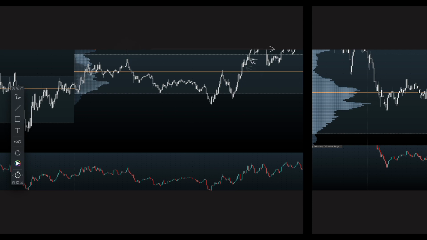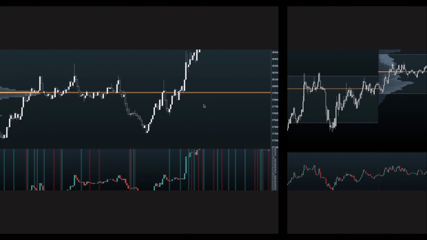I would much rather get taken out if, because there is a compression here, there was not this kind of a stop run move, but if I would place my stop here on this move higher below this low, and then I would get taken out, and market would pull back all the way down here below this low and then do something like this, then I'd much rather not be in a trade at this point, knowing that I didn't reach my full target but I got trailed out, instead of just sitting in a trade which pulls back too deep to my entry basically. So this is the thing I will be talking about in a risk management section.